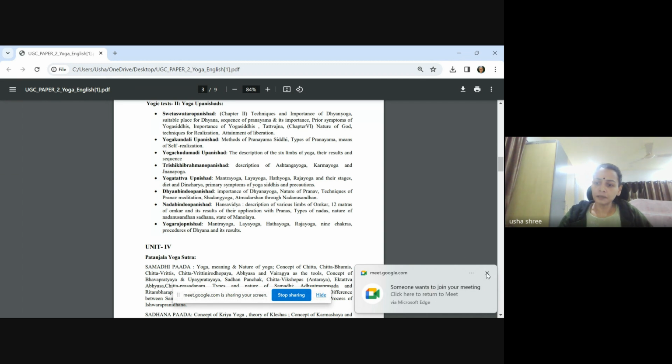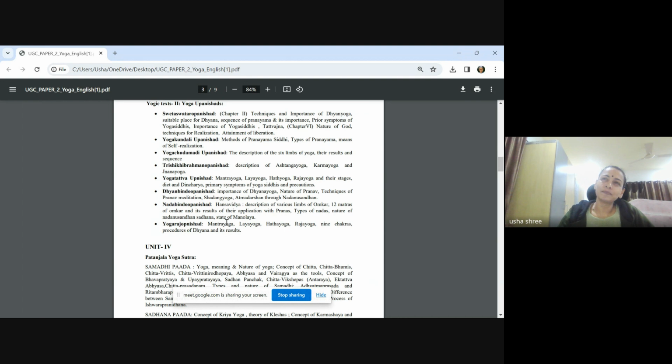Again, here, make sure there are a lot of important verses or shlokas in these Yoga Upanishad texts. You will have to make a very good note of all these aspects so that you remember towards the end. Learn the concepts, memorize the shlokas.